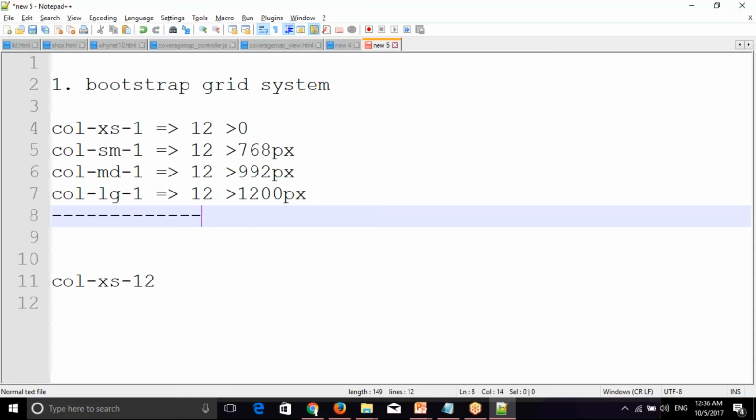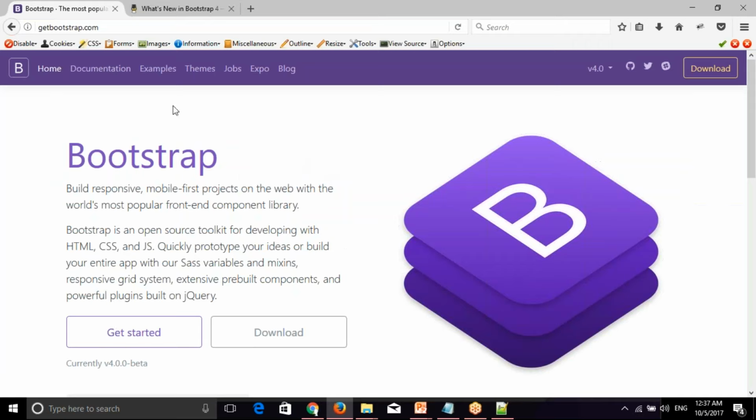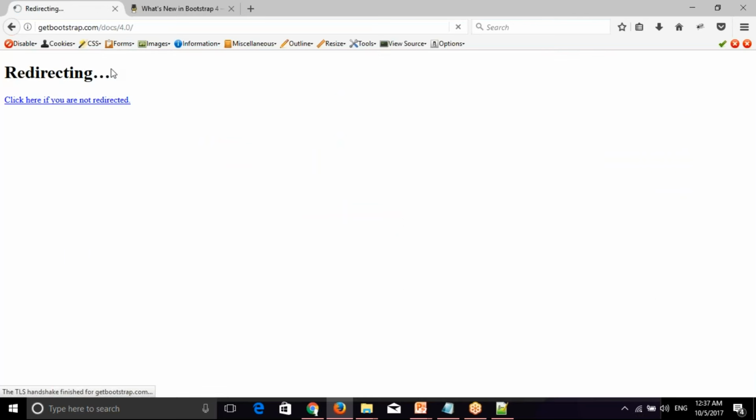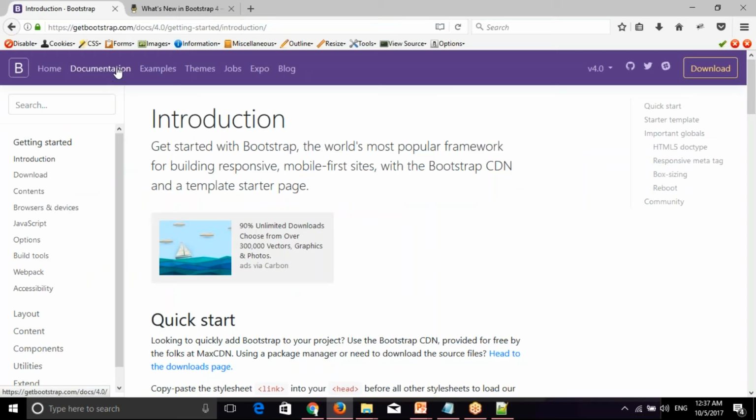I have experience with multiple CSS frameworks, so sometimes I also get confused. I have hands-on experience with five CSS frameworks, so sometimes I also miss things. That's why I regularly follow the official documentation. Whenever I have a challenge, I go through the official documentation. There I get a brief about Bootstrap or any of the frameworks, and I get to know what I'm missing.